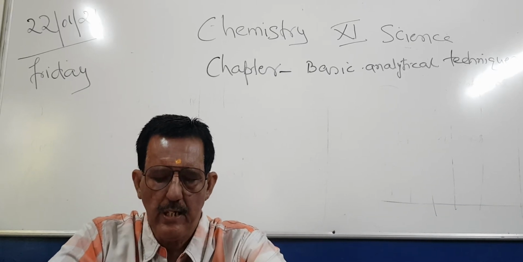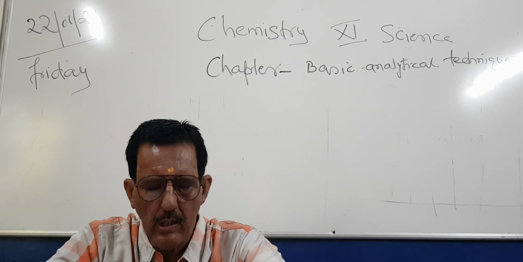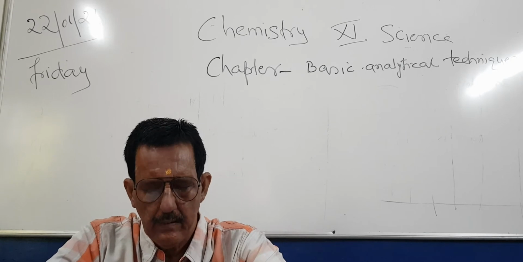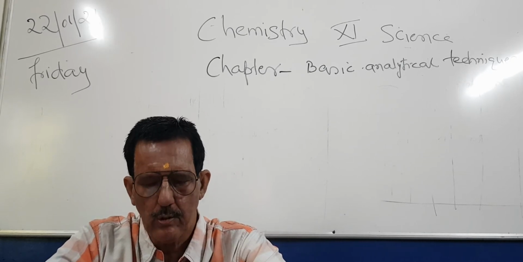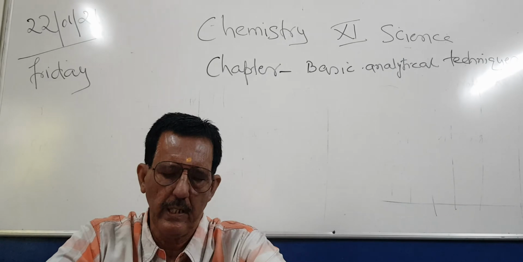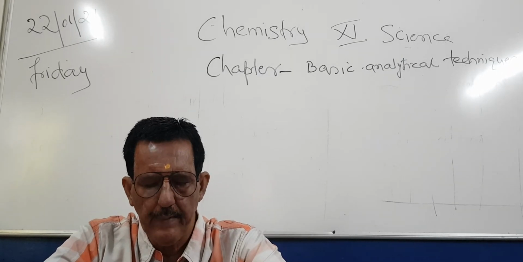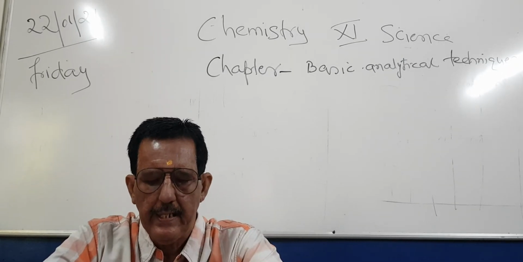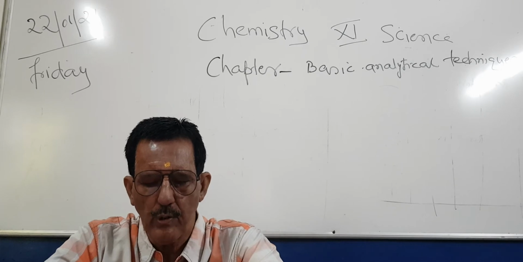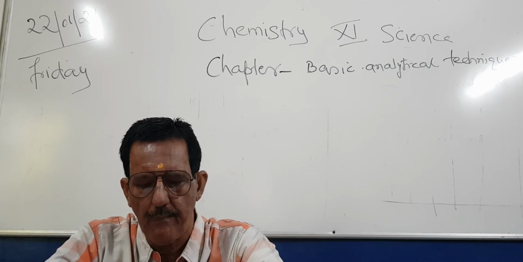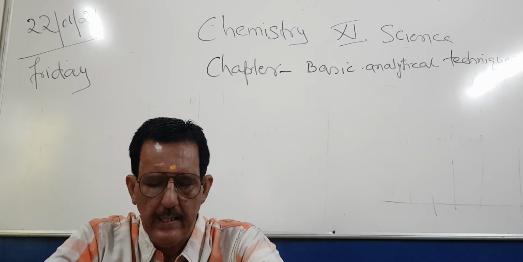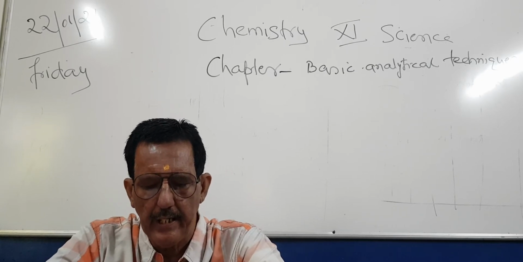So this technique of separation is called TLC, thin layer chromatography and developed chromatography. Now the solution of the mixture to be separated is applied as a small spot about 2 centimeters above the end of the TLC plate. The glass plate is then placed in a closed jar containing the eluent.